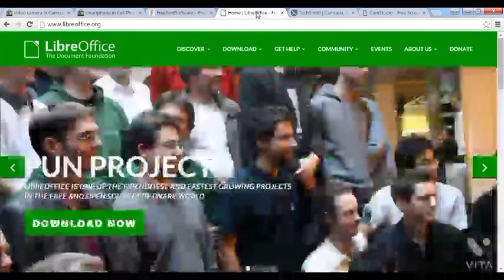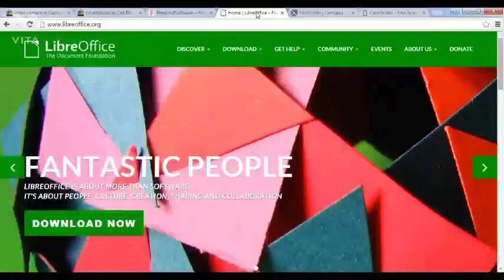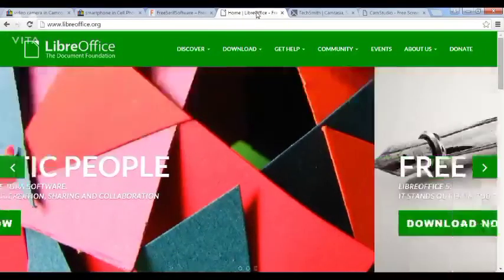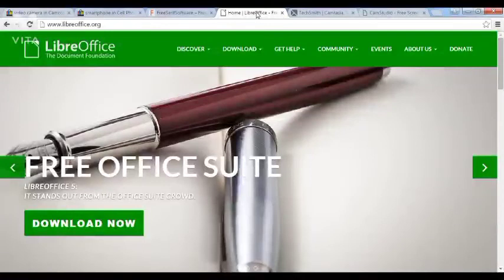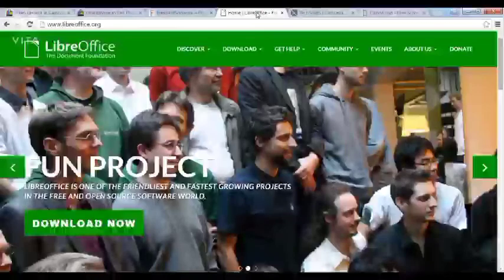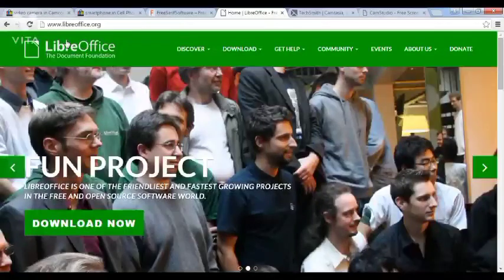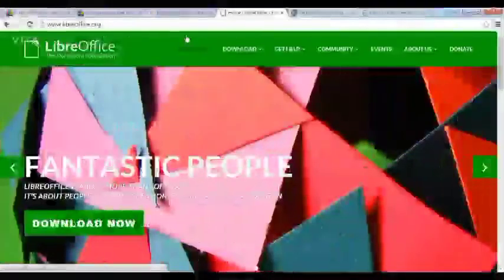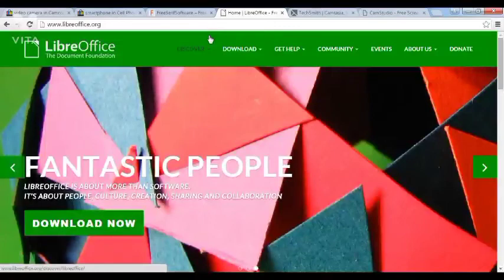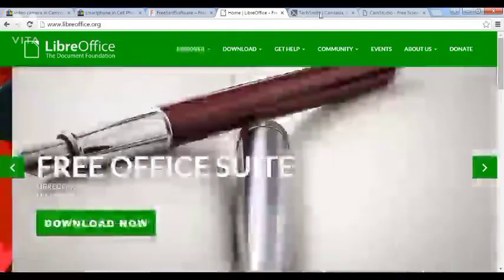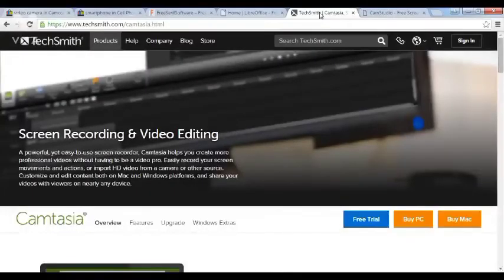If you're going to make a PowerPoint and Camtasia video and you don't have PowerPoint on your computer, then a good alternative can be found with the LibreOffice suite, which you can download for free from LibreOffice.org. And that's what I use to make the graphic slides in this video. To record it, you can use Camtasia, and again, that's what I'm using to make this video. And you can download it from this site here,